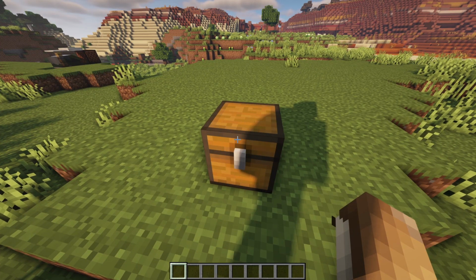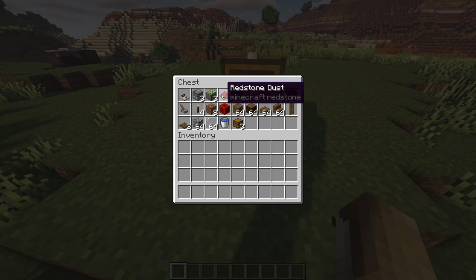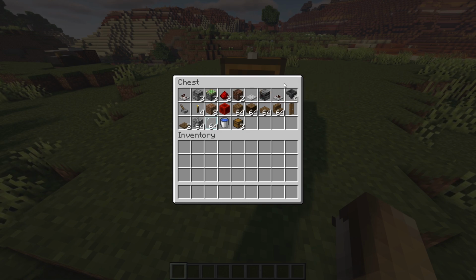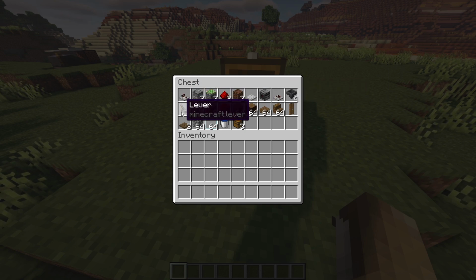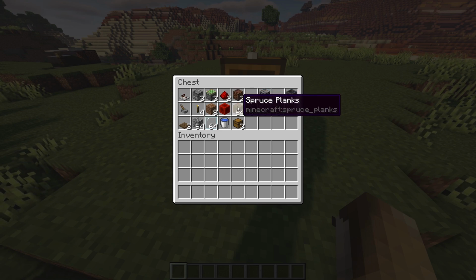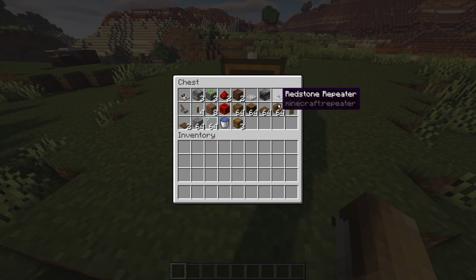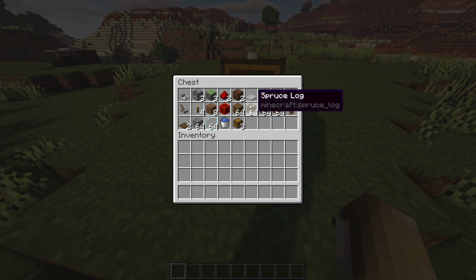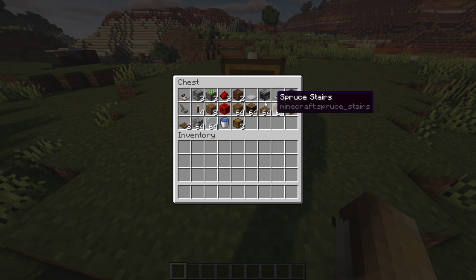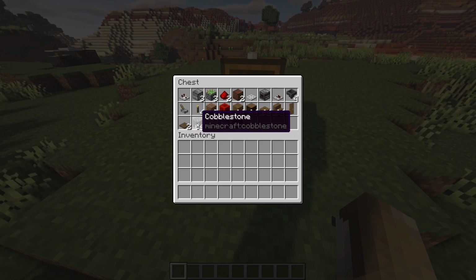The materials for this build are rather simple. You will need 1 redstone comparator, 3 droppers, 3 sticky pistons, 2 redstone dust, 2 note blocks, 1 iron trapdoor, 1 observer, 1 redstone repeater, 4 hoppers, 1 lever, 4 torches, 8 dirt, 1 block of redstone, 64 blocks of your choice, wood, stone, whatever, and 64 spruce slabs, 64 spruce stairs. I don't know whether you actually need 64 of these or not, but it's just good to have a whole stack just in case. 1 spruce door, 2 spruce trapdoors,